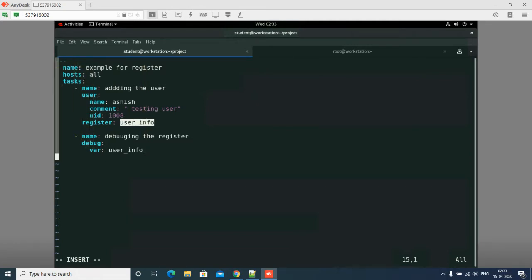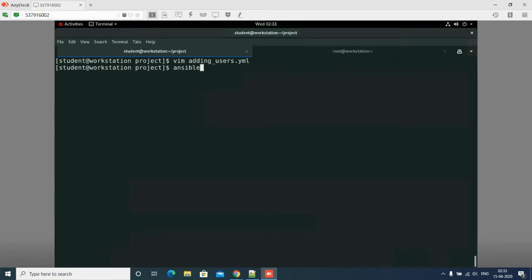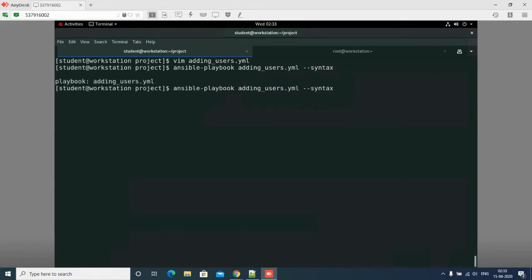I will finish my playbook using three dots. Now I will come out and check ansible-playbook adding users. I will check syntax first. Now I will run my playbook.